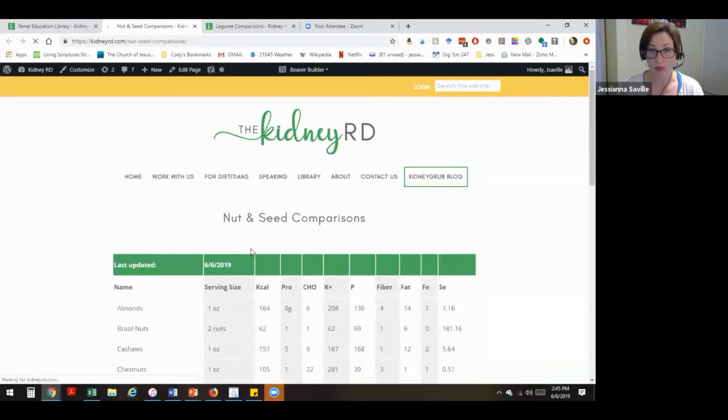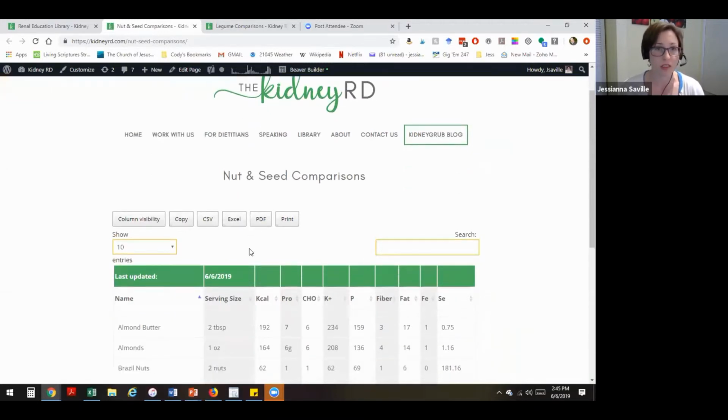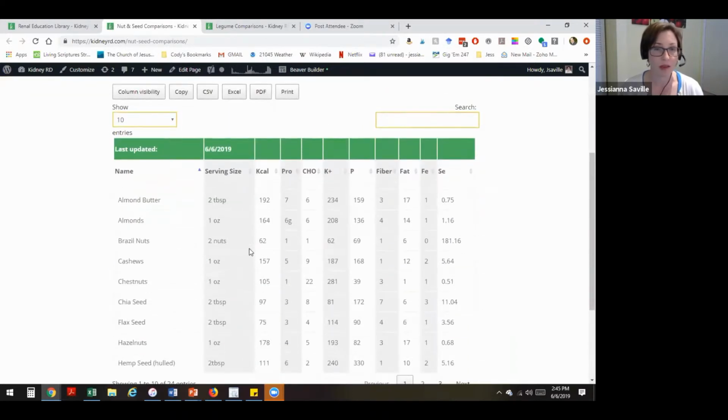I have both products, where we look at specific products and their nutrient analysis as much as available, or in general, some just food categories. So this is the nut and seed comparison one, for example, where we can look in and we can see almond butter, 2 tablespoons, this is how much calories, how much protein, carbs, potassium, phosphorus, fiber, fat, iron, selenium. Some nutrients that I look at